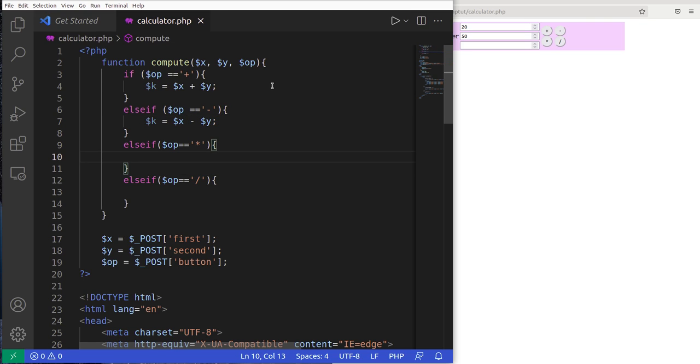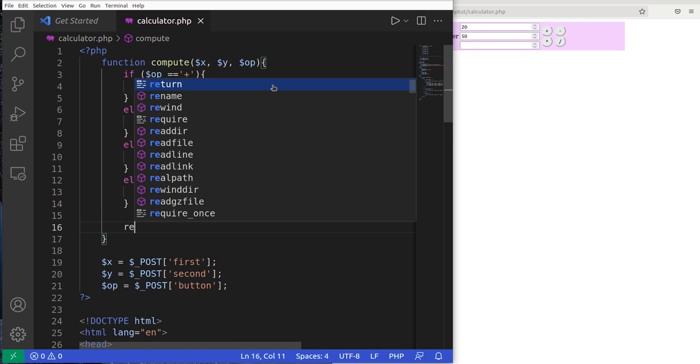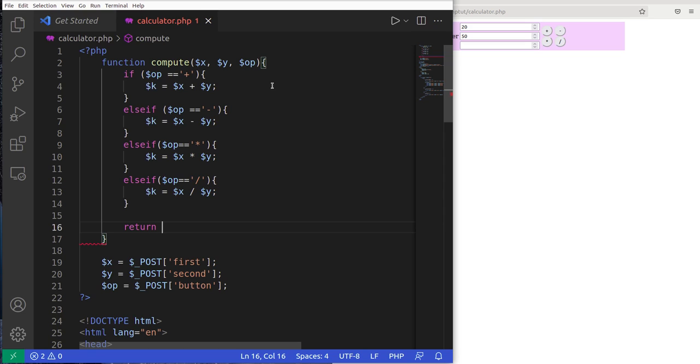If it is multiplication, then we will say multiplication. And third, if it is division, then it has to be division. Okay, and then what we'll do, we'll just return the value of k, but from where to whom should the value be returned? So what we'll do over here, after